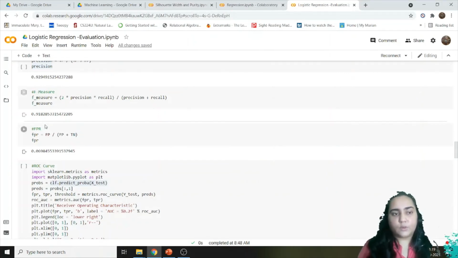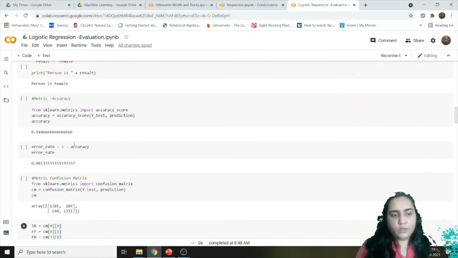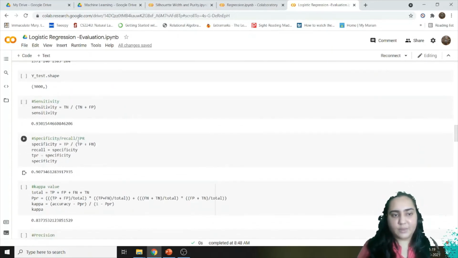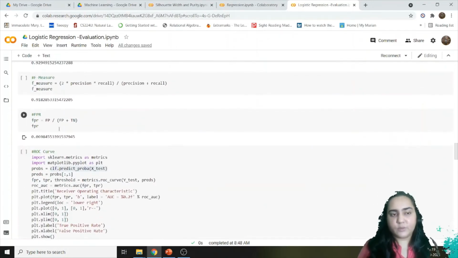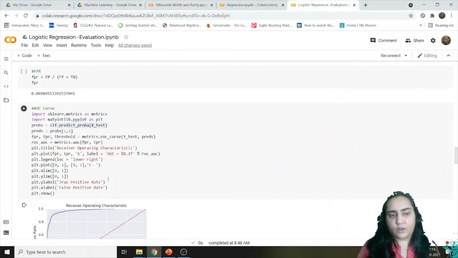Right now we are just calculating TPR and FPR using the formula. We just saw TPR over here somewhere. Yeah, TPR is same as specificity, so we don't have to calculate that again. But FPR is false positive upon false positive plus true negative, which comes to 0.06. But to draw the graph, we are going to calculate TPR and FPR